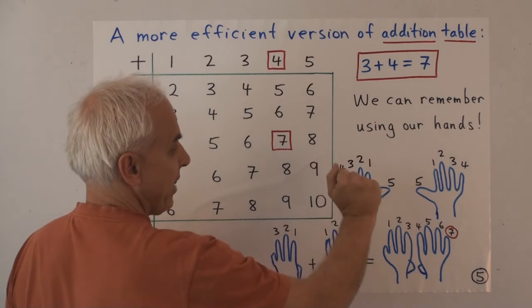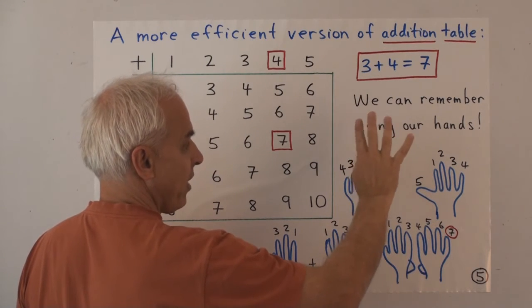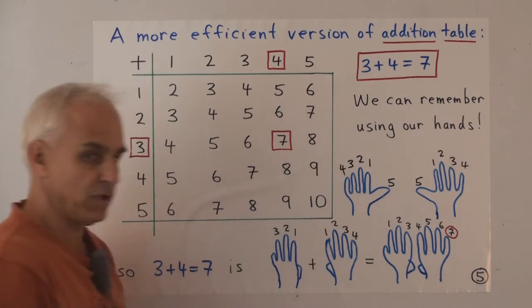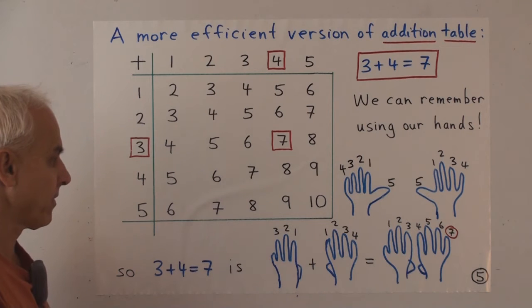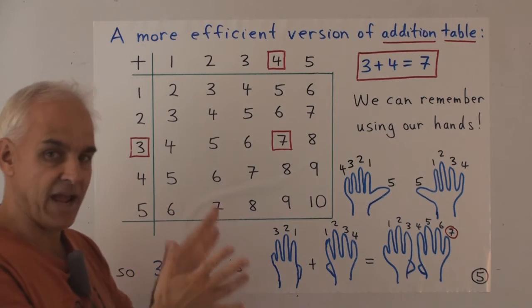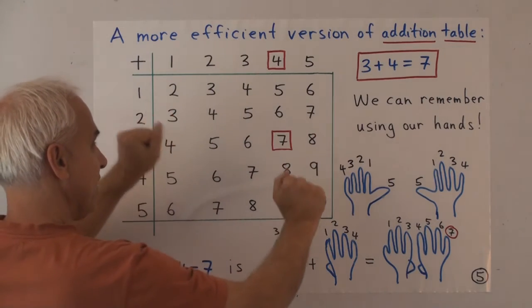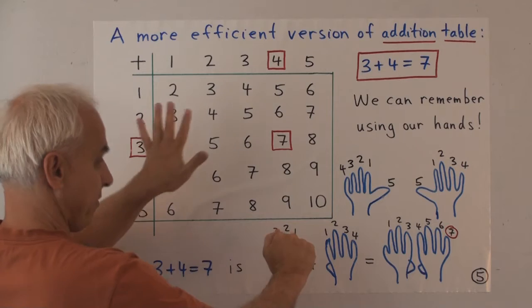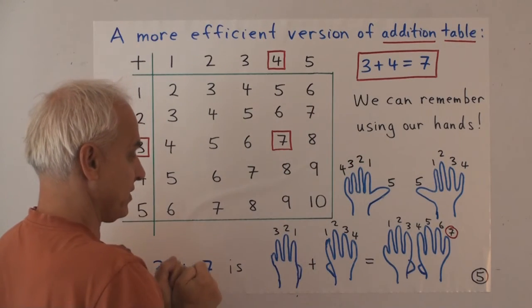And on the other hand, too, we'll represent this to be 1, this is 2, this is 3, this is 4, and this is 5. So we're only dealing with the numbers from 1 to 5 at this stage. So for example, if a student wanted to use his hands to calculate 3 plus 4, what they could do is use this hand for the first number, 3, this hand for the second number, 4, and then they could use their fingers.